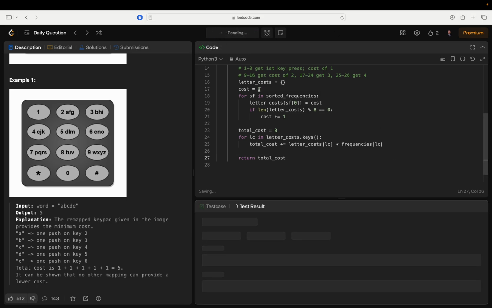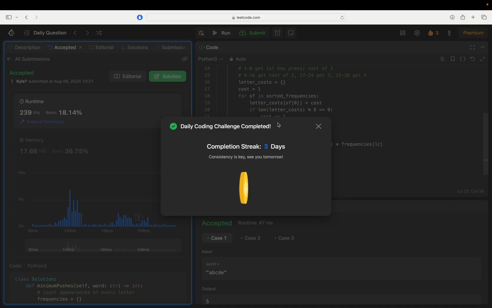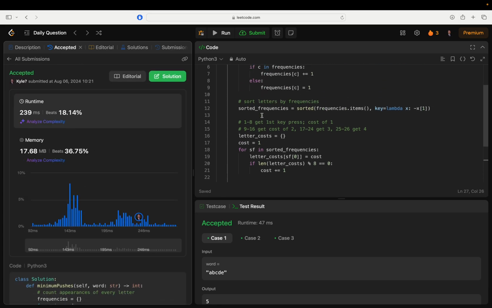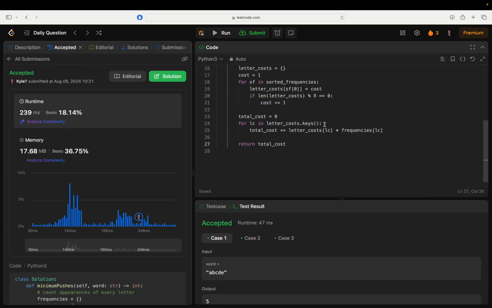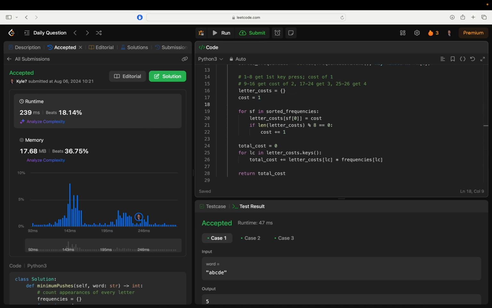Let's see if that works. Hopefully it does. Awesome. Okay, let's hope that works for all of them. Cool. Okay, so little slow. I think that maybe I could have... Maybe it's because I used the length. I wonder if it would be faster if I had like